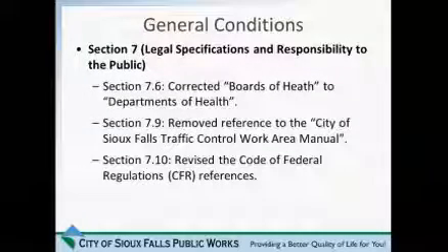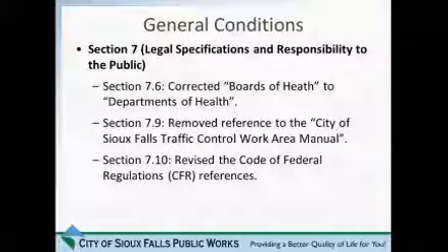Section 7, legal specifications and responsibility to the public. Just some minor corrections and updates there. Updated to departments of health instead of boards of health in section 7.6. Section 7.9 removed reference to the City of Sioux Falls Traffic Control Work Area Manual. That document is no longer used by our division as it relates to traffic control. We strictly reference the Manual on Uniform Traffic Control Devices, or MUTCD.